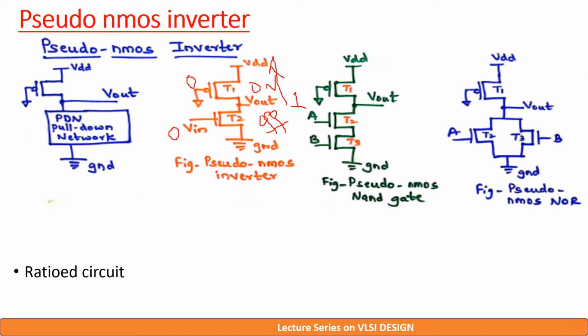Therefore the output will be logic 1 or VDD. Whereas when input is logic 1, the pull down will be in on state. Pull up is on because the gate is permanently grounded, hence the output is pulled towards VDD as well as towards ground. Since input is 1, the required output is 0, but since both pull up and pull down sections are on, the output obtained is VOL. That is, the output will depend on the ratio of the devices. Hence these circuits are termed as ratioed circuits.